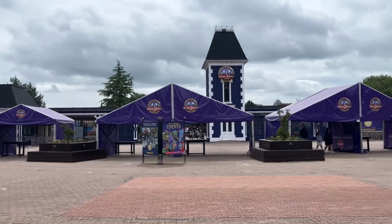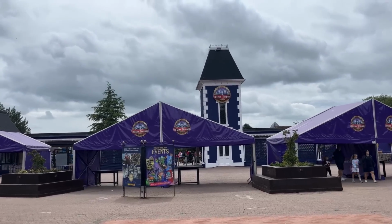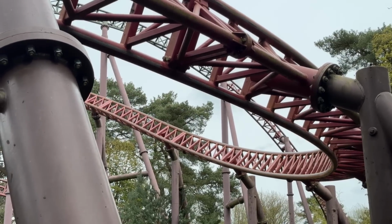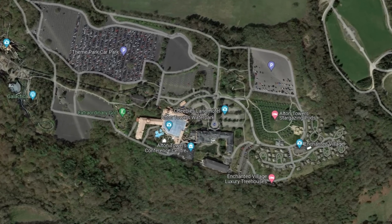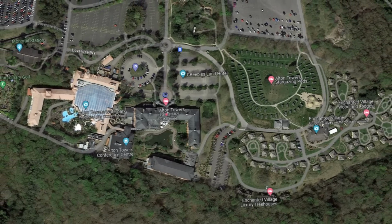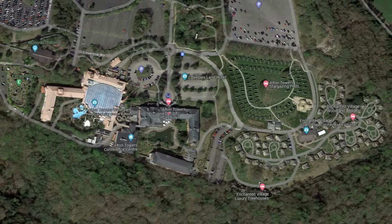The Alton Towers Resort is a lovely place of tranquility, history, rides and attractions, and also many hotels and other attractions that aren't even in the theme park itself. And that's where I want to begin, because it works a lot better going sort of in the park and doing the stuff outside first than randomly talking about everything in the theme park and just randomly deciding to hop out of it. So of course, outside the park we have that long strip of loads of different hotels,